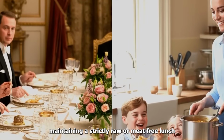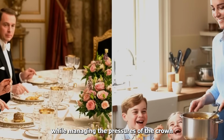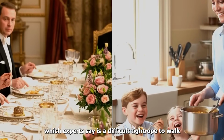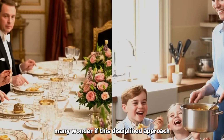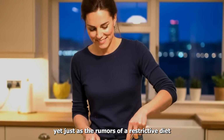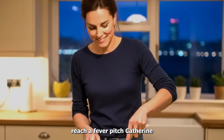Maintaining a strictly raw or meat-free lunch while managing the pressures of the crown could lead to a significant calorie deficit, which experts say is a difficult tightrope to walk. Many wonder if this disciplined approach is why she appears so lean. Yet, just as the rumors of a restrictive diet reach a fever pitch,